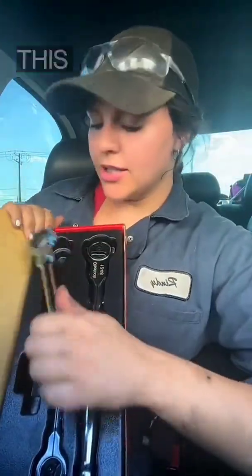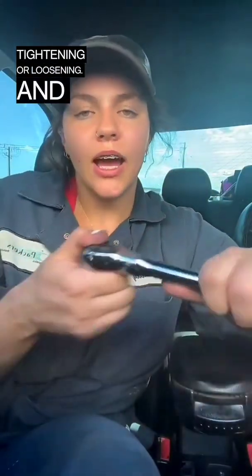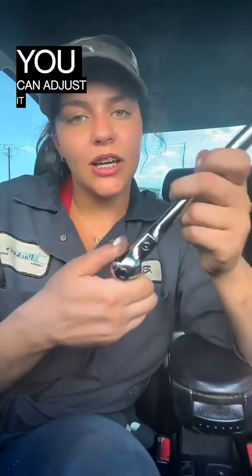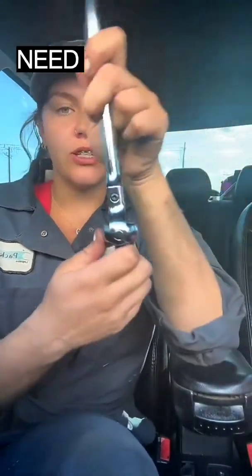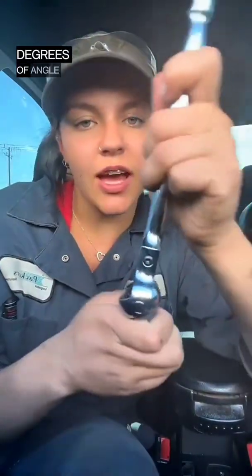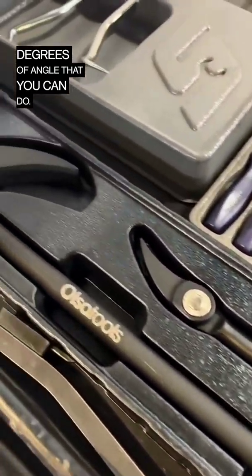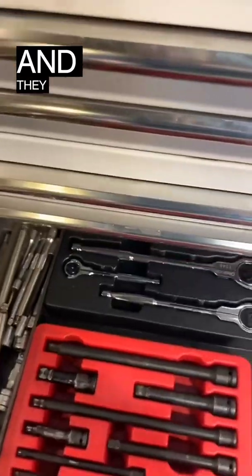So let's pull out this 3/8. So the top here just gets twisted, whether you're tightening or loosening. And then you can adjust it wherever you need to go. So you have 270 degrees of angle that you can do. And they fit